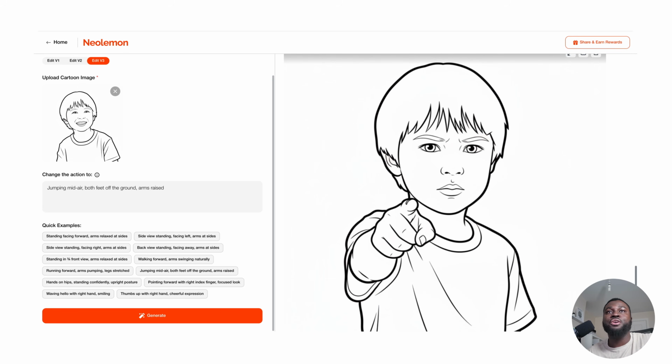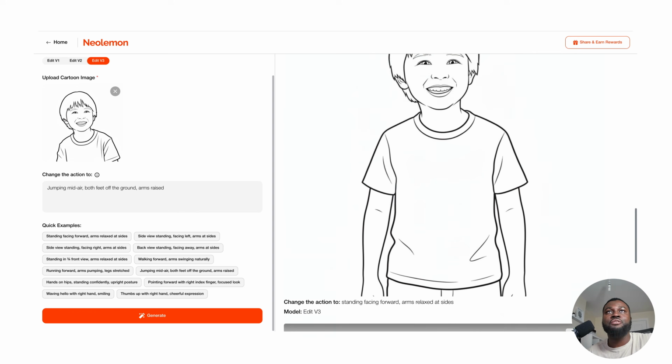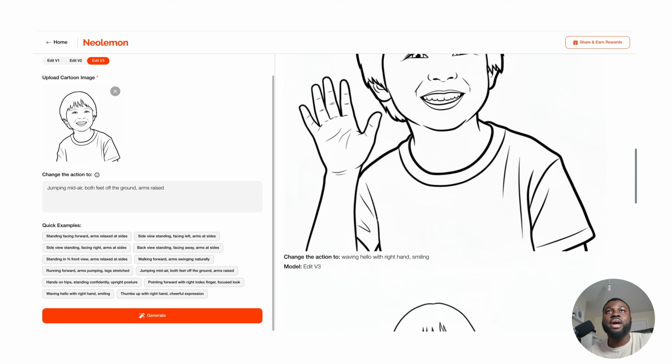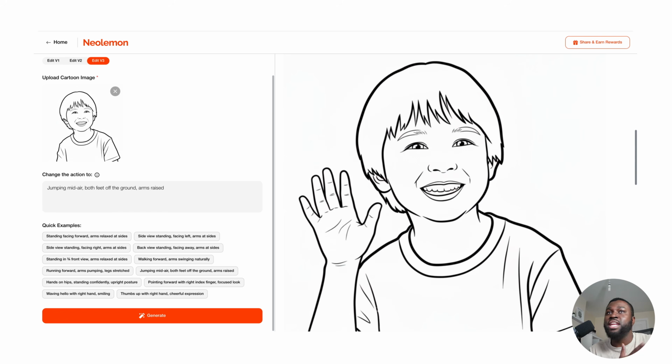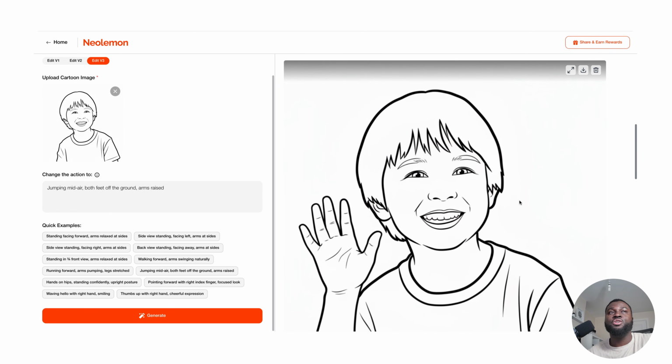So you can see how you can actually build out almost these coloring pages and turn it into a book. So you can do it with anything. You can do it from images of maybe your kids, of pets you have, of maybe cars, and it can do anything that you want to turn it into a coloring page. And once you're done, all you need to do is just go to the corner and click download.